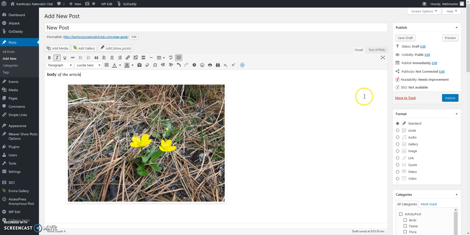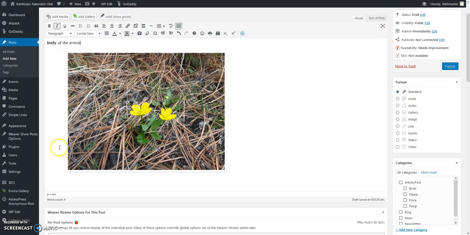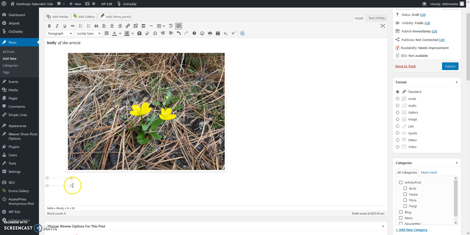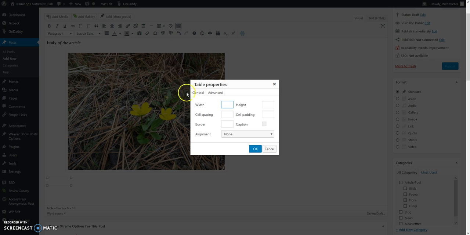I can insert a table. Quick little look at that. If I want to put a table down here, I choose the size of the table. I'm only going to go with a 2 by 2 there for now. So the table's there. It has two columns in it. I can adjust the table properties by putting it where I want in terms of alignment. Let's go in the center again, and I can choose the various width, height, spacing, borders, and all that sort